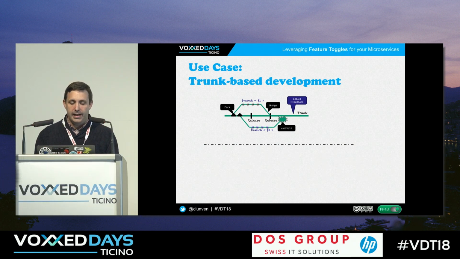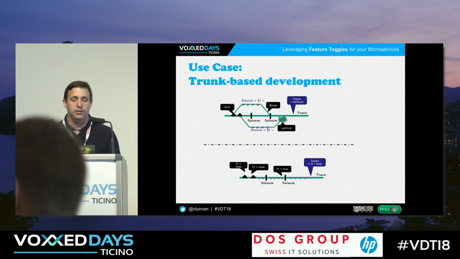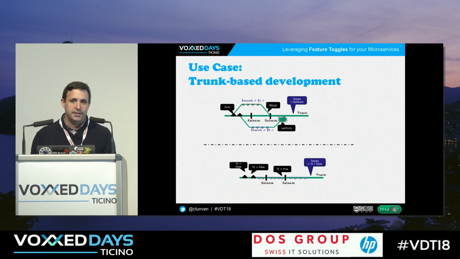So to cope with that, people try to do trunk-based development, everybody working on the trunk. But how can you do trunk-based development if you're still deploying again and again in continuous deployment mode, even maybe multiple times a day? Well, you can put a feature flag to protect your code. Of course, your flag will be disabled, but this way you'll be able to ship your code into production even if the code is not ready.